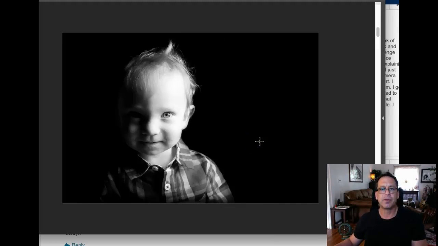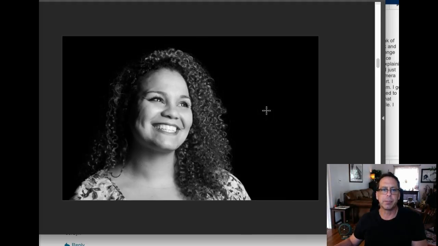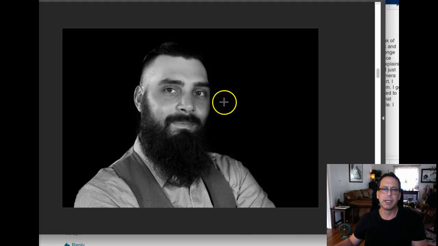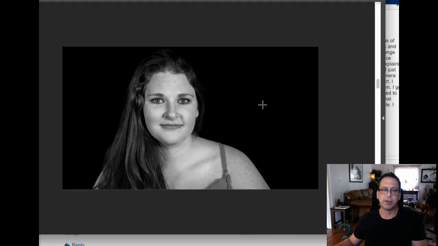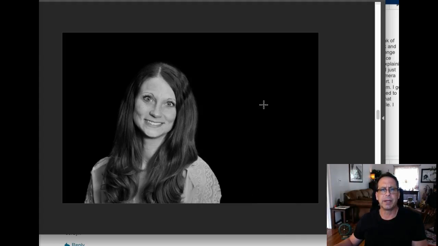For example, this is lit from the side. This one seems to be lit more from the left and from the front. So that's one thing I would recommend: trying to get some consistent lighting in here. But what you've done here is a great shot. These are so good, so interesting. The way you've handled light is pretty amazing. Exposure-wise and in your black and white conversions, it's just beautiful.